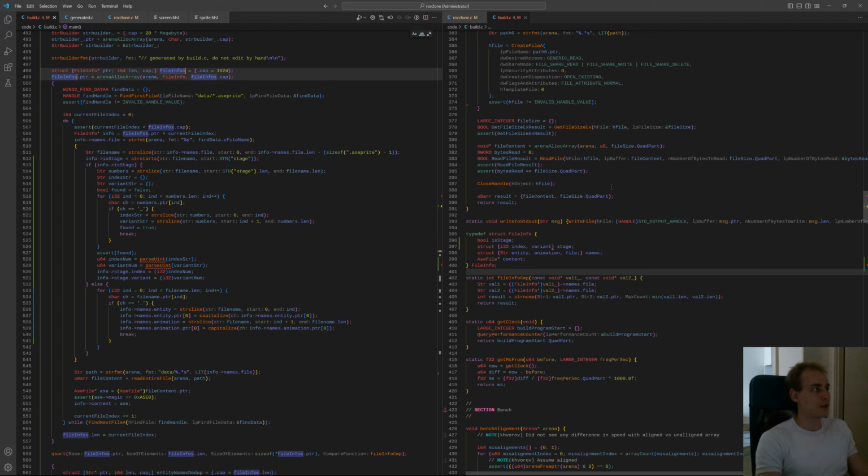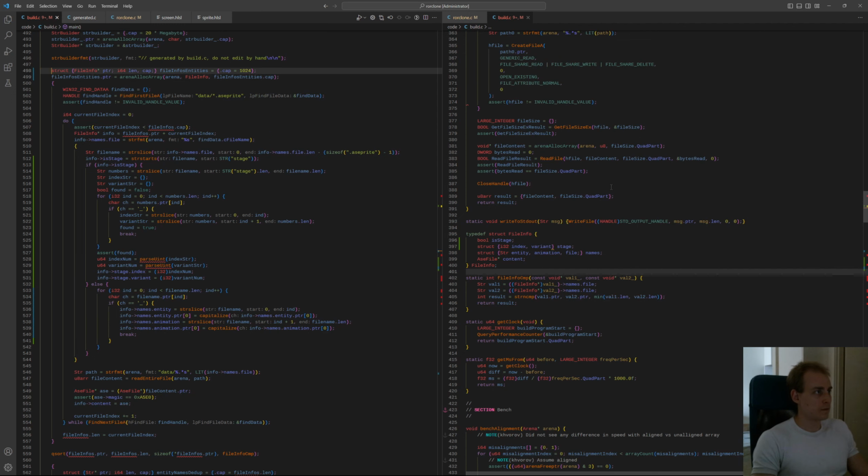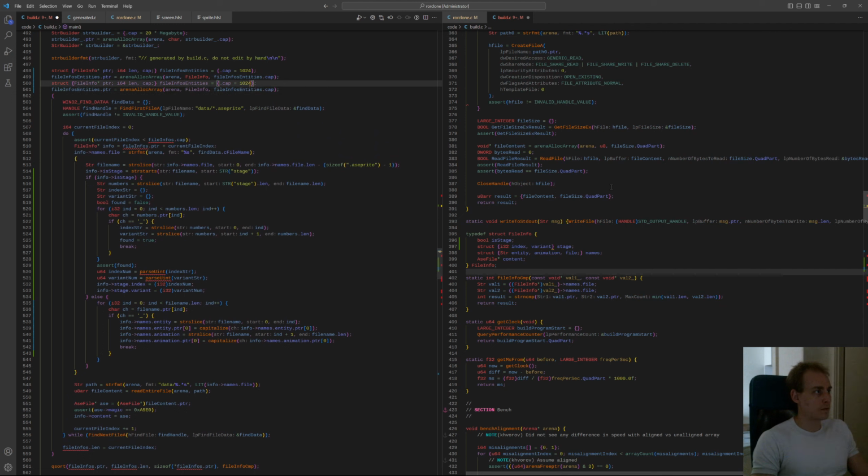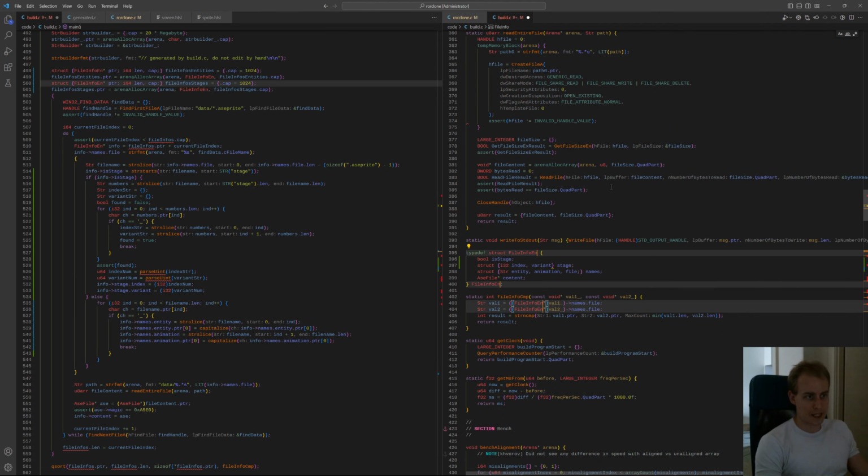File infos, entities. This is stages. And yeah, so all of these file infos, file info entity,